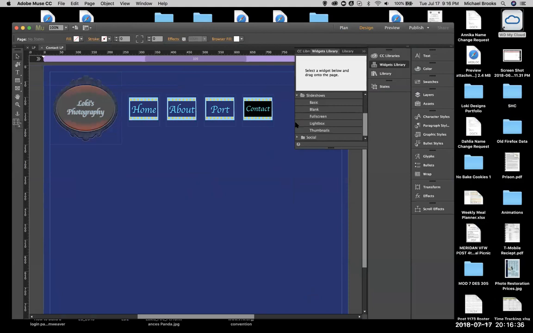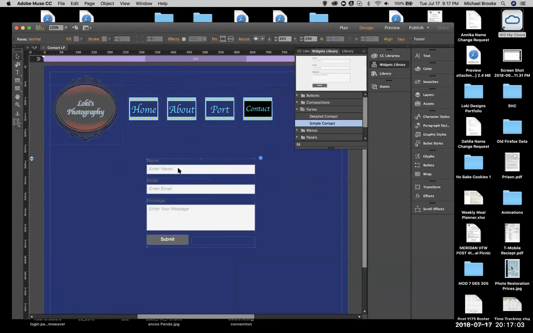Now I could go out and get other contacts, but I want to do my own here. So notice there's a social, but there's no contacts. So how do we add a contact? Well, that's the forms. Detailed or simple. Let's do the simple. All right, now,